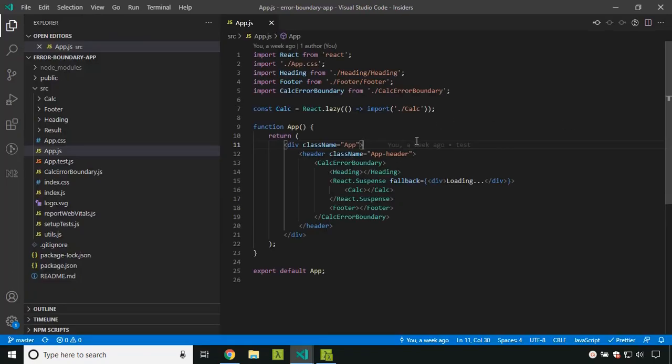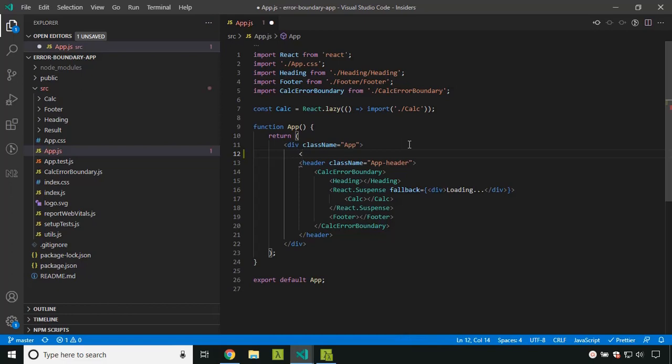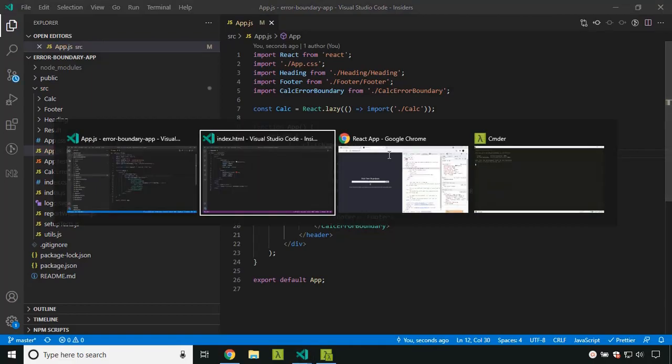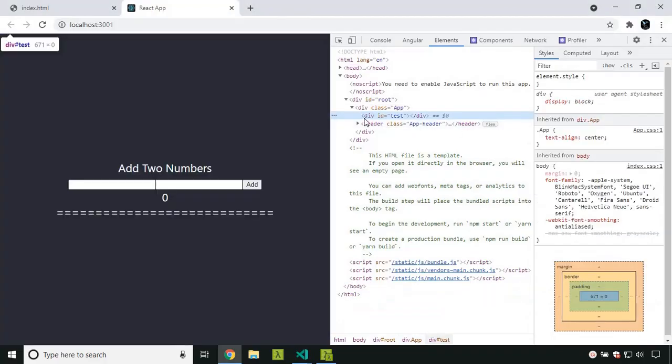So now let's take a React application, and here I am going to add a div tag with an ID called test, and I am using the self-closing tag. So now let's see what happens in React. You can see that an opening and closing tag has been created correctly for the div, like the sample div which we had made using the self-closing tag. So how does this happen in React?